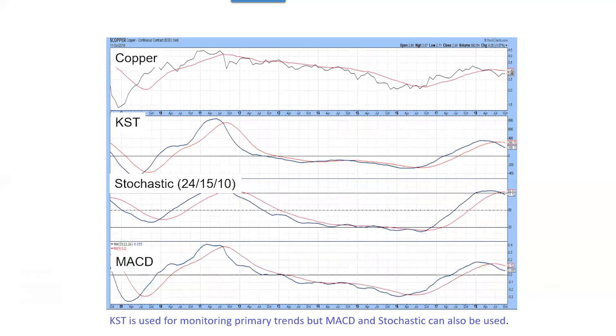So here's an actual chart now. We've got the copper price on the top. It's a monthly chart, and we've got 3 measures of smooth long-term momentum: the KST, the stochastic, and the MACD. I personally like the KST, and I'll explain why in the next few slides. But I wanted to point out that if you can't plot the KST, which you can, of course, on stock charts,